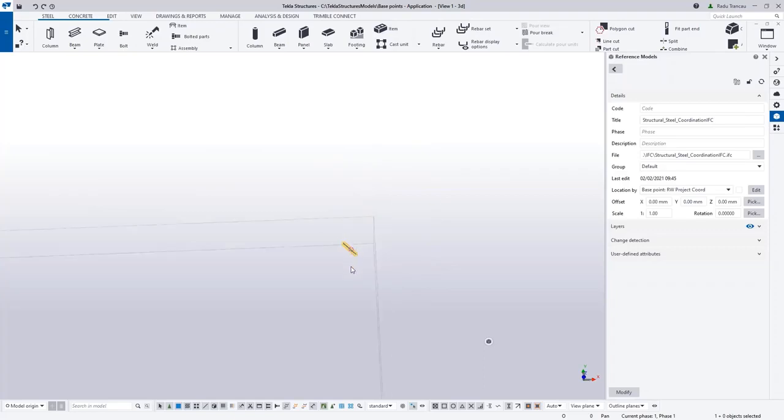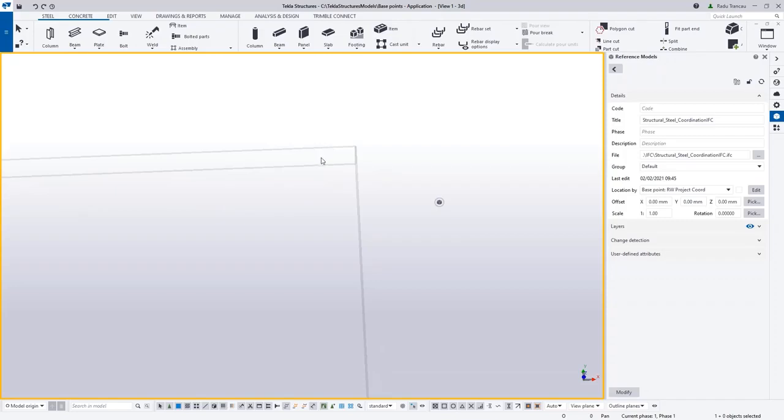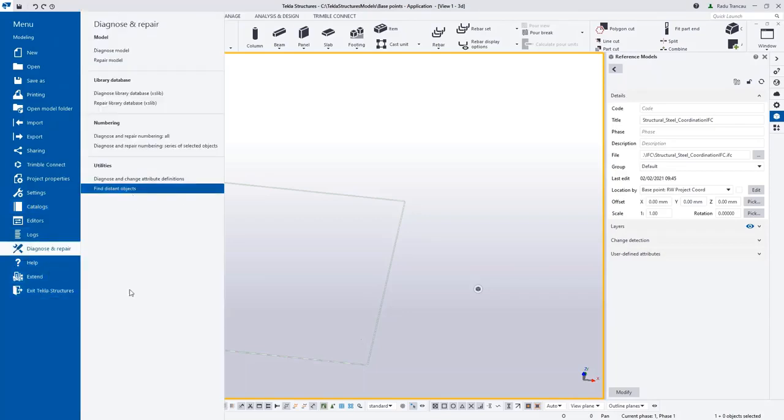Okay, delete the beam, fit work area to entire view, and we still have a point, right? So remember, we've modeled a point in here, and now it's barely selectable. This is a very common issue with construction objects, points or construction lines being left very far away from the model origin. The fix for this is to quickly go to File, Diagnose and Repair, Find Distant